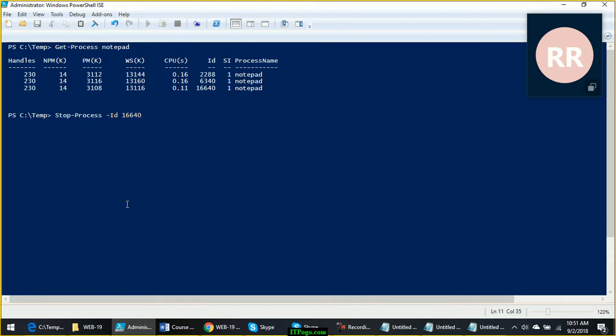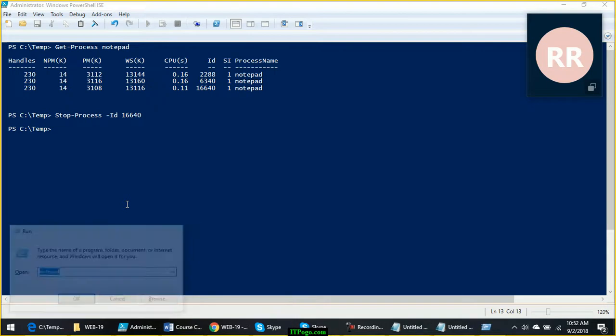So out of these three notepad instances, one of the instances will get killed. But here when I'm specifying Stop-Process, I'm also specifying the ID of the process which needs to be stopped.